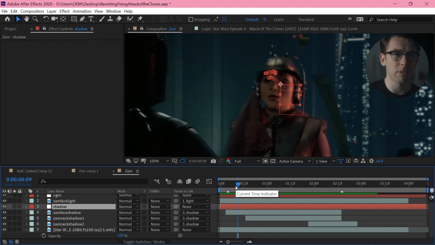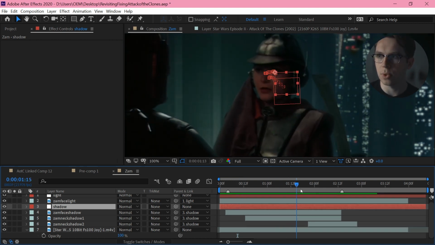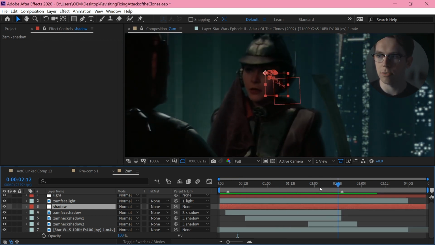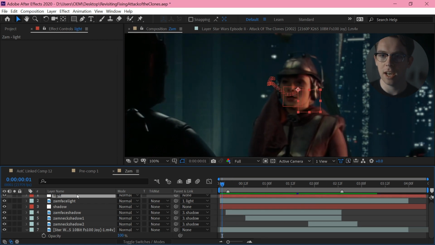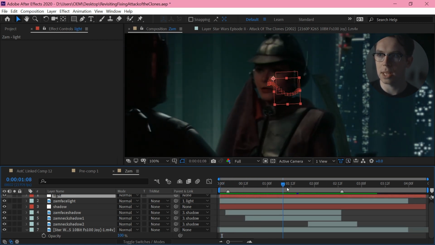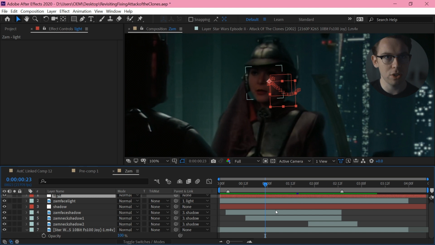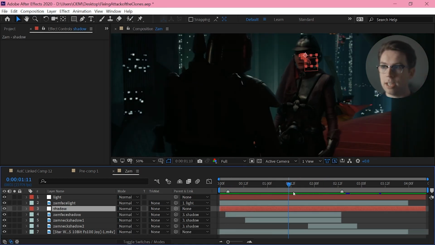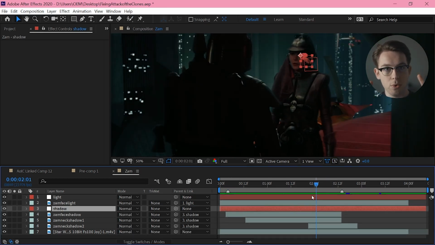So again, I've done all my motion tracking in Mocha, and again, because there's too much movement on a face for Mocha to handle, I'm doing one track that goes from the end to the beginning, and another track that goes from the beginning forward, and then I'm going to merge them in the middle. So that's all the face movement, separated up into 2 tracks.